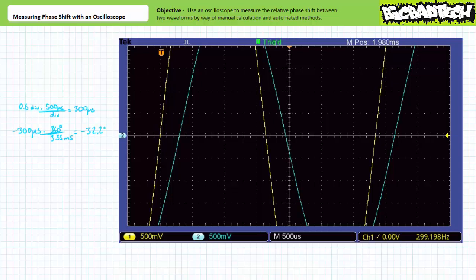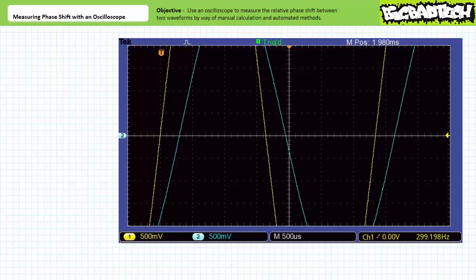Despite the increased ease of measurement using this rescaled display, it looks like the two waveforms are still separated by 0.6 divisions. Given our horizontal sensitivity is still set to 500 microseconds per division, this still represents a phase shift of 32.2 degrees. In an effort to increase the precision of the phase shift measurement, one is also free to